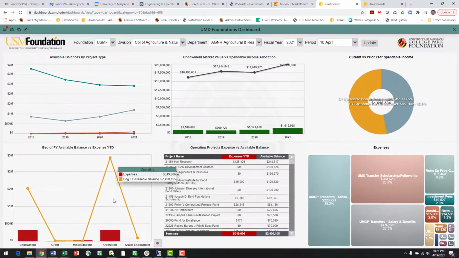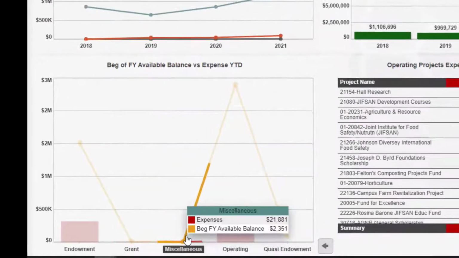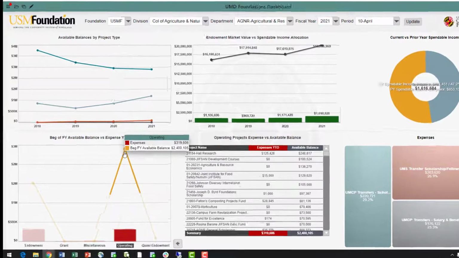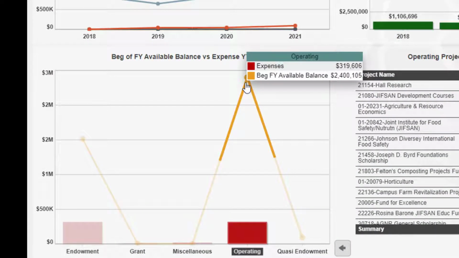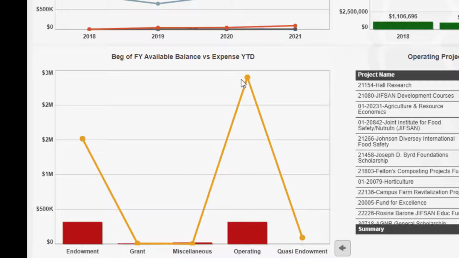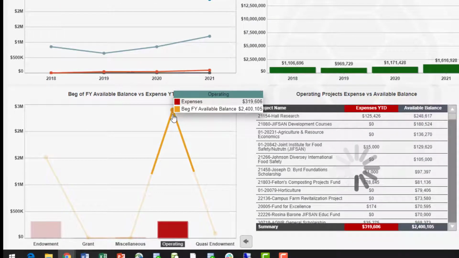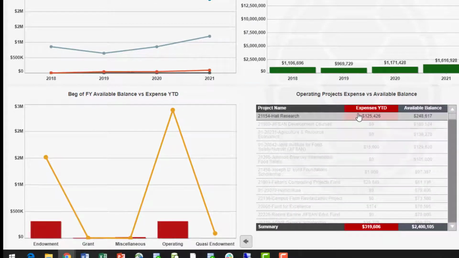And then going down to the bottom, what we have here is we're showing you within the selected fiscal year and period that are chosen at the top, you can see what the available balance is versus the current fiscal year expenses, so the fiscal year chosen expenses. So if I hover over operating, I can see that I have $2.4 million in available fund balance and then $319,000 expenses. If I click on it, it will drill to the middle, and now I get a look of